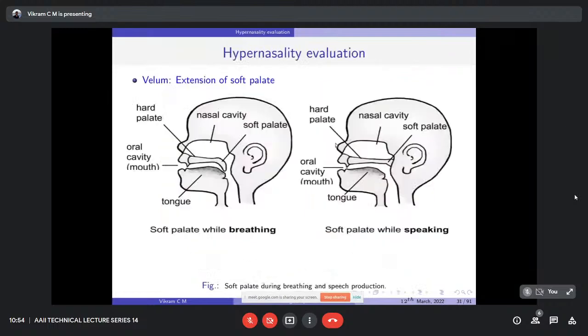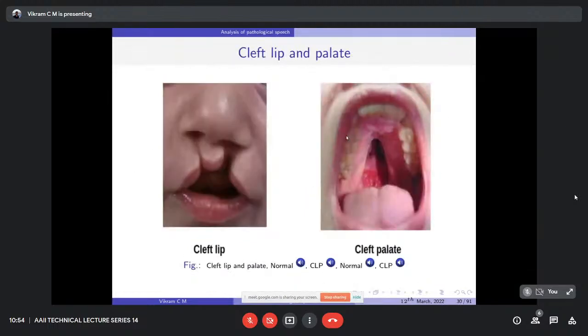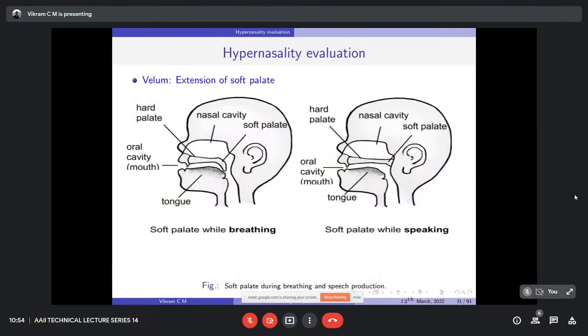So next I am going to explain one case study, that is hypernasality estimation in case of cleft lip and palate and the dysarthric speaker. First in this case study, I will explain the development of a machine learning model for the evaluation of this hypernasality. Let me explain what is hypernasality. Hypernasality means the perception, that is listening, of more nasality or some kind of muffledness in the speech signal.